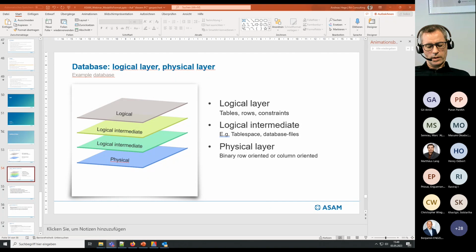So it's the same as modeling in some of the standards, where you probably use UML as a platform independent model, and then create from this platform independent model a platform dependent model, which is either XSD, for example, or a database schema, which